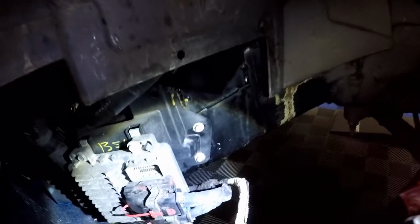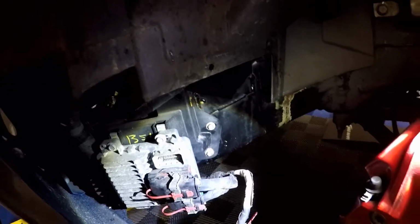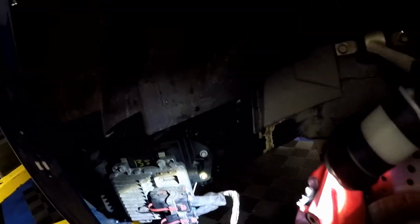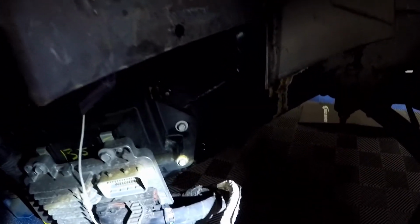Now, let me get this wire ran through the car, and then we know where to push it through. Okay guys, I have the wire ran through the frame. I'm actually going to rerun this. It's not in a good location, but okay. Now, basically all we're going to do is push